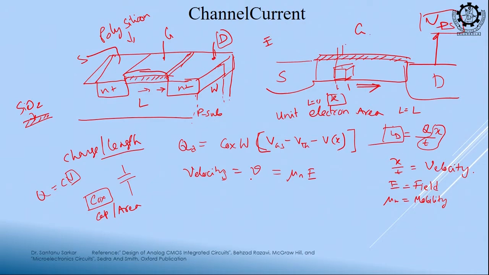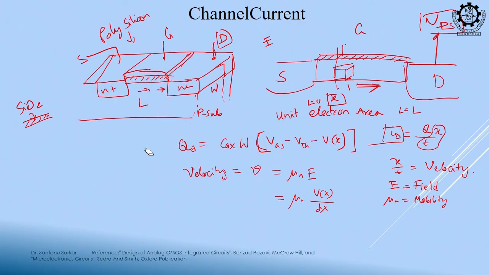Okay. So, this velocity is equal to mobility into electric field, and I know electric field is equal to voltage by distance. So, mu n, my voltage at position x is Vx, by say dx. So, my current now becomes Id is equal to Cox W into this voltage into this. So, this Id